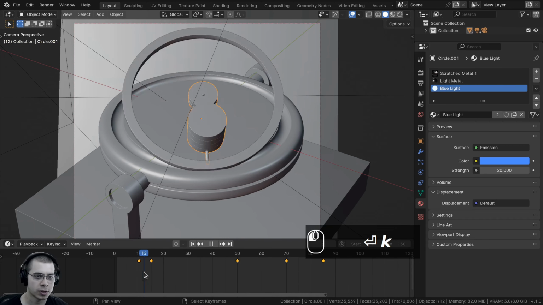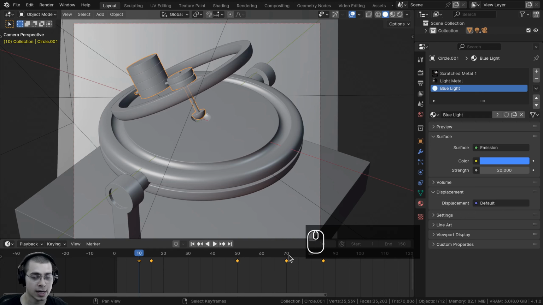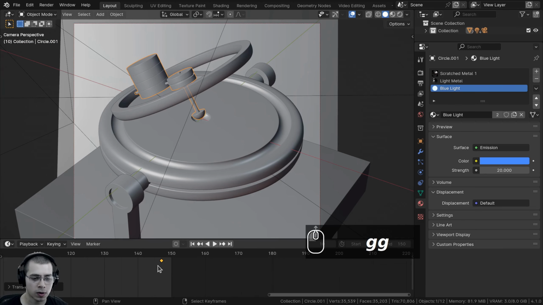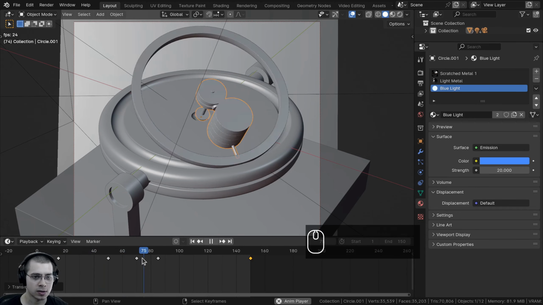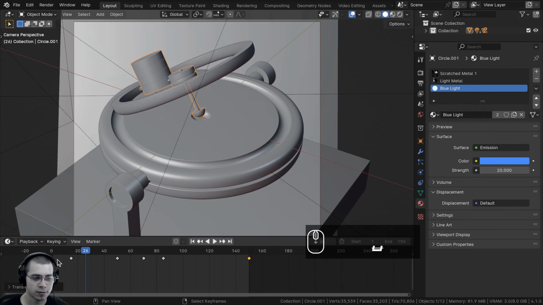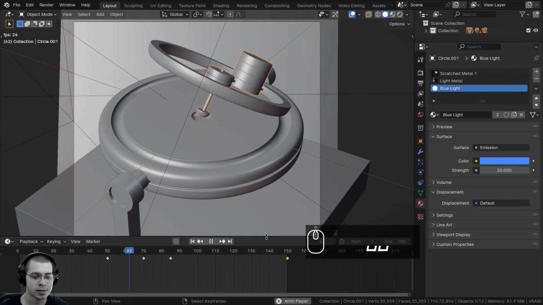Because we rotated this around by 360 degrees negatively, it's going to rotate all the way around, but I want this keyframe here at frame 10 to be at the very end. So I'm going to click here to select the keyframe, and I'll hit G to grab, and I'm going to move it all the way over and stick it right at frame 150. Now if I press the spacebar to play, you can see it goes really fast, and then it slows down at the very end and then stops, and you can see frame 1 and frame 150 are at the same exact spot, so that way it'll be a nice seamless looping animation.